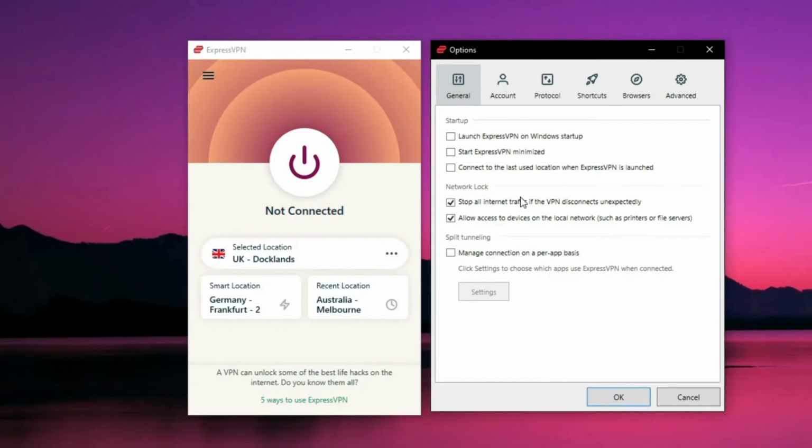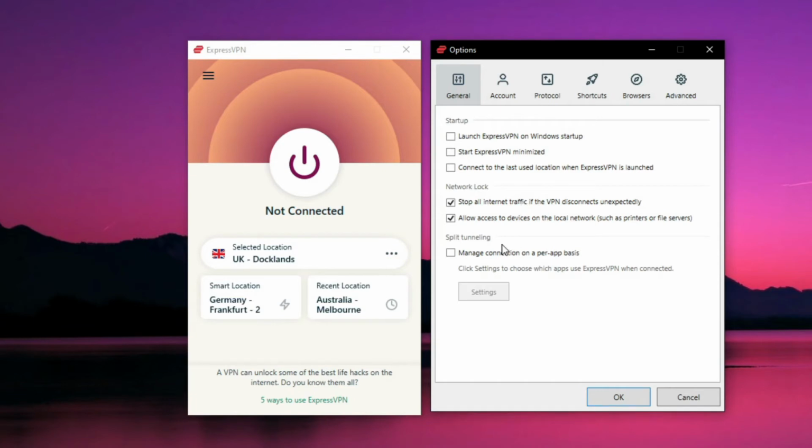The first thing you'll see is Network Lock, and it's ExpressVPN's fancy name for a kill switch. A kill switch is here to disable your internet connection if the VPN connection is lost, so that you don't expose your IP or DNS address in case ExpressVPN suddenly disconnects, which happens almost never, by the way. We recommend turning this option on, especially if you're browsing the dark web or downloading torrents.